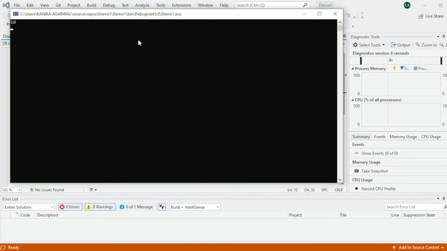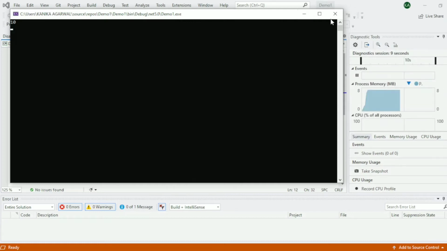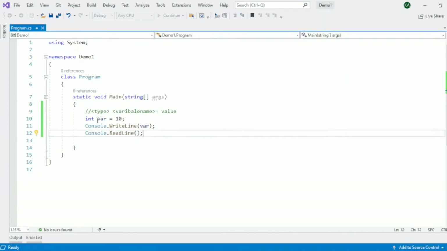You can see we have our output 10 here. So what I did, I just simply assigned an integer value to this variable and just passed the name var in the WriteLine function.